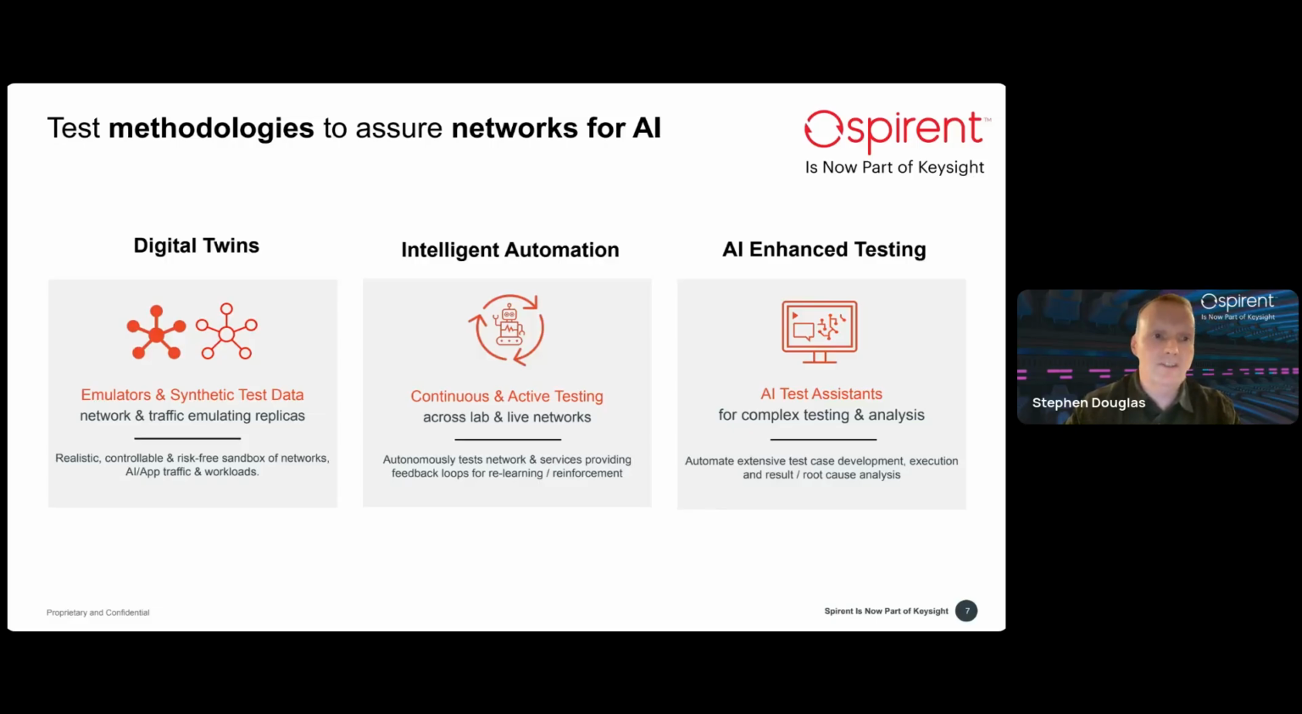The first is digital twins. Digital twins provide the emulated and realistic replicas of the networks and the AI workloads and traffic for risk-free repeatable testing. In essence, the emulators can replicate at scale complex AI traffic patterns, leveraging synthetic privacy-compliant data. And this allows you to validate the performance, interoperability, compliance, security, etc., under real-world peak loads and under those worst-case